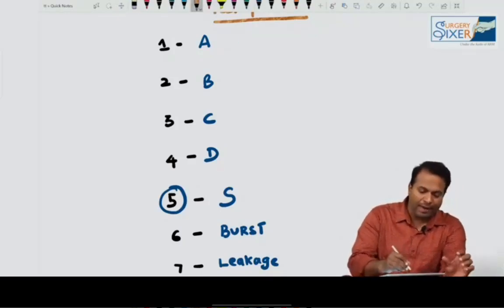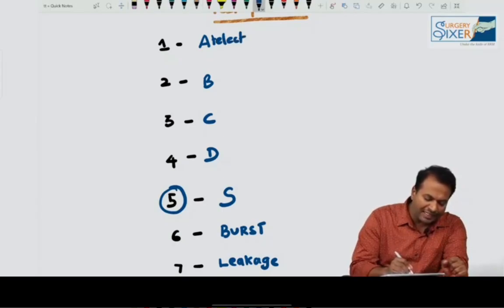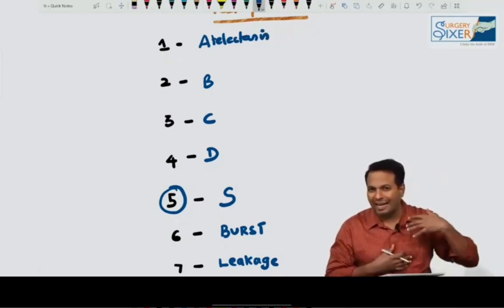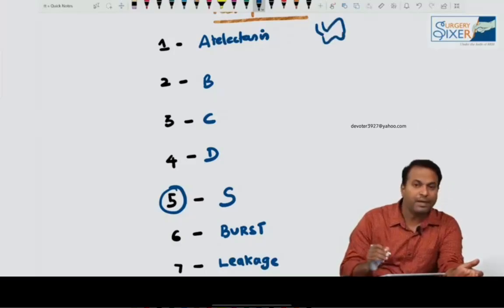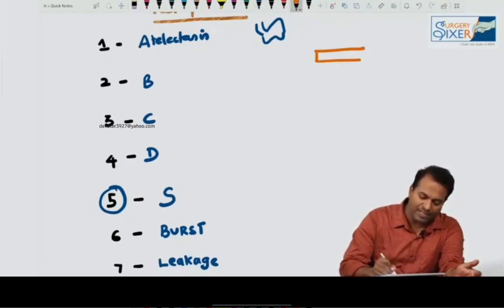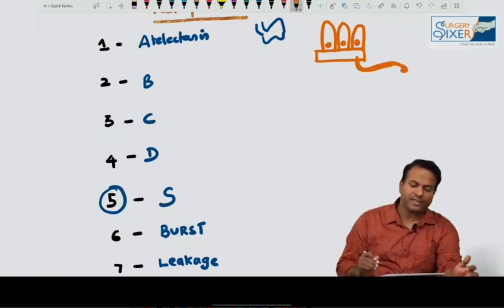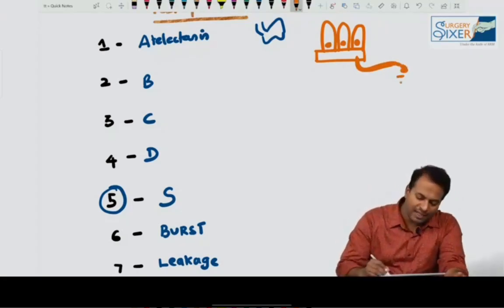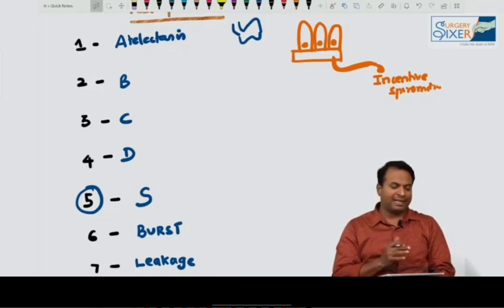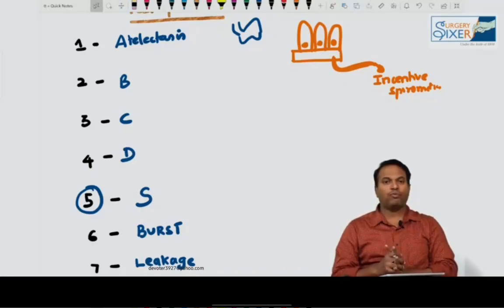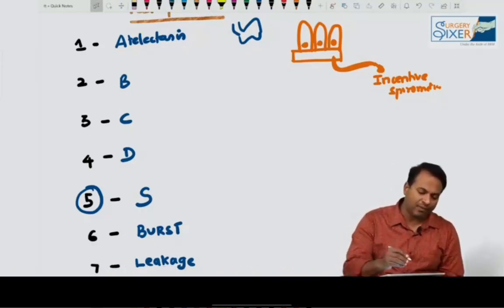What are the causes of fever in the post-operative period? Day 1 is for atelectasis of lungs. The patient is not breathing properly because of pain and therefore develops lung atelectasis, which is lung collapse. This can be prevented by using a special instrument, which is an image-based question. What is this instrument, which will have balls inside? You have to blow and suck into this machine. We have to do exercises with this known as incentive spirometry exercises. So to prevent lung collapse, we have to advise them to do incentive spirometry. The first day fever is due to lung atelectasis. If you do not advise incentive spirometry, they will go on to pneumonia the next day.